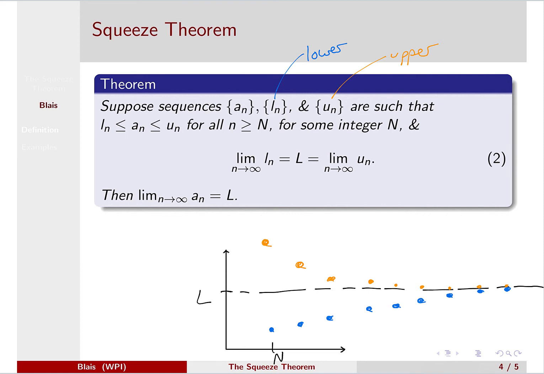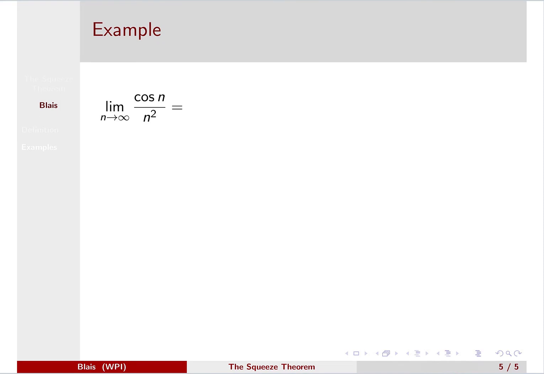This means that our given sequence, our a sub n, this set of inequalities tells us that it's in between. But if you see the result graphically, there's not much wiggle room as you get further down. This sequence is forced to have the same limit, L, because it's being squeezed between the upper and the lower sequences. So this is a very handy theorem for some limit computations, and a classic example is one like this,